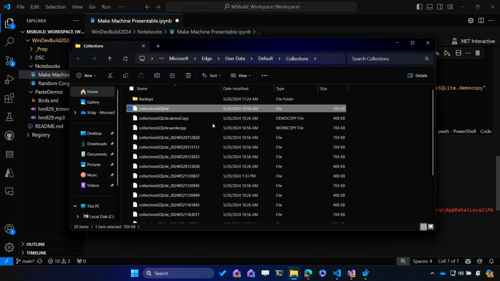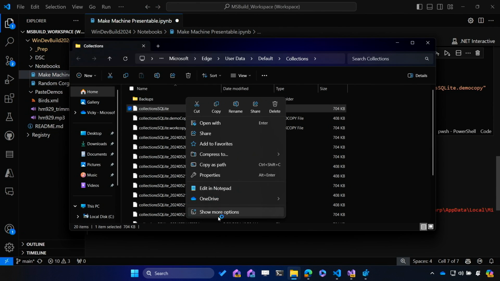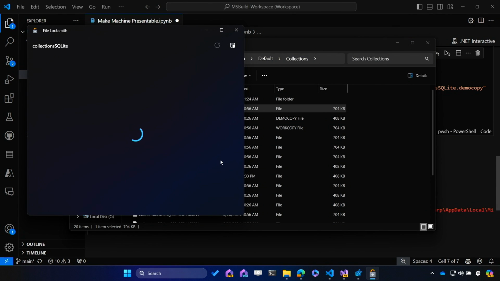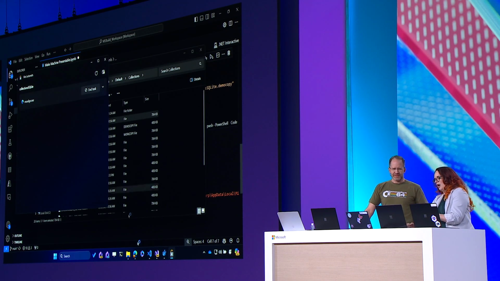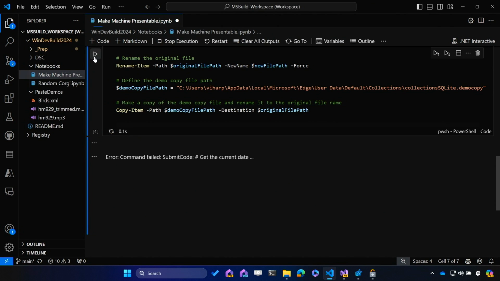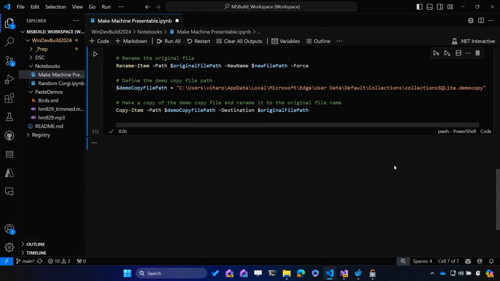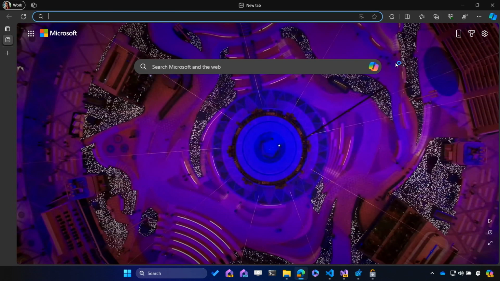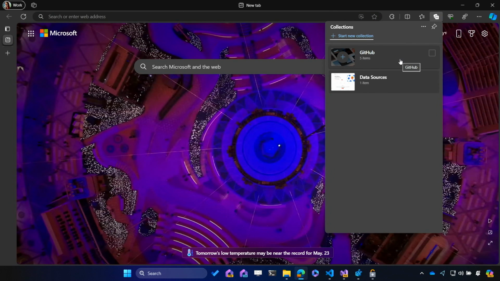So here I'm going to go to another of our PowerToys and go over here to show more options. And I've got unlock with File Locksmith. So I'll run this. File Locksmith. So here it's seeing, obviously I was just showing you the collections in Edge, so I'm going to go ahead and hit end task on that. Respectfully shut Edge down. Respectfully kill it, and it's not going to complain about that at all later. Let me give it a second. Yeah, now it's cleared up. Now if I reopen my Edge, and it tells me, hey, you messed it up. Now I've got some nice clean collections in here that I can use during my demos.